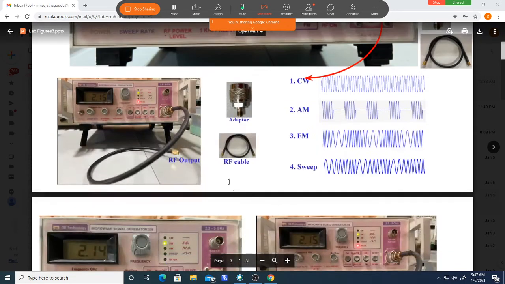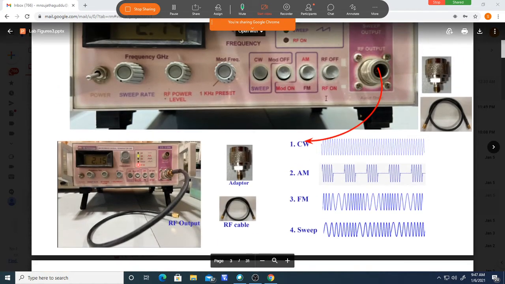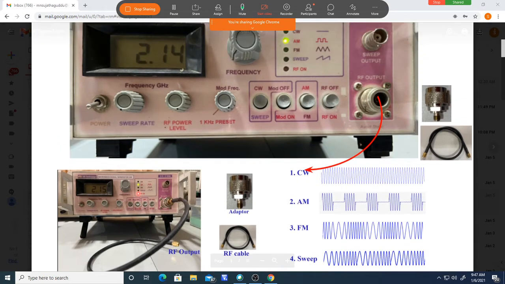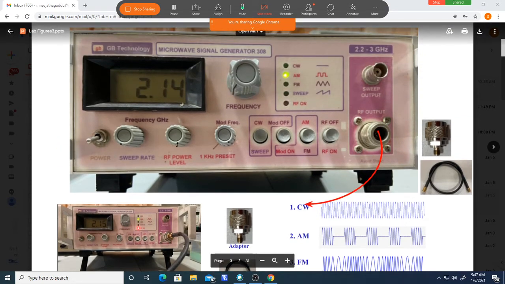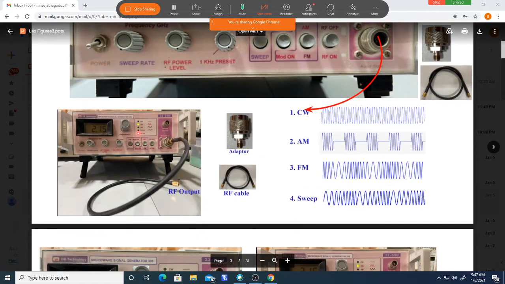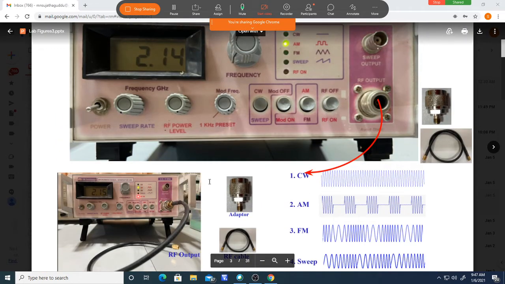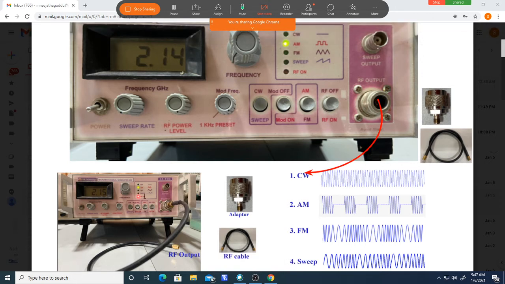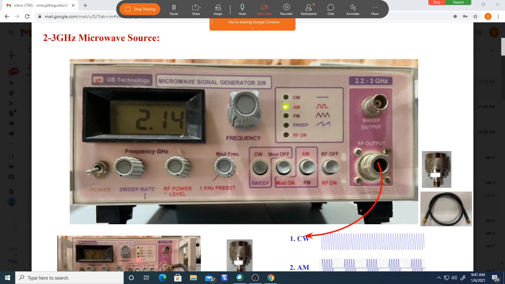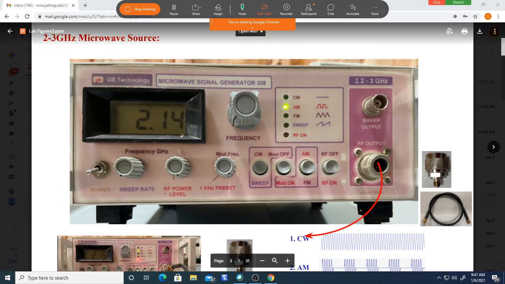You take an output from here using measuring equipment, to see how minimum the power will be when you put this knob in that position. But there is no readout. The display is not there to measure the power coming out of this. Only frequency you can measure here, not the power coming out. Whatever power is coming here, we cannot measure from this equipment. Some other equipment you have to use for that. But you can change the power.